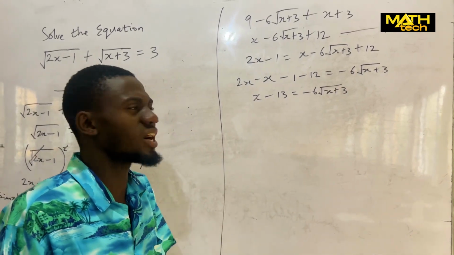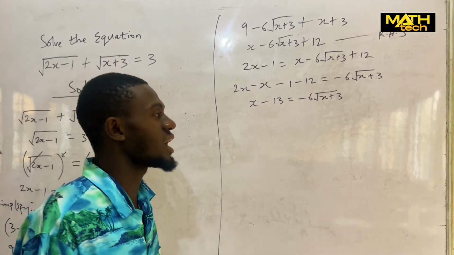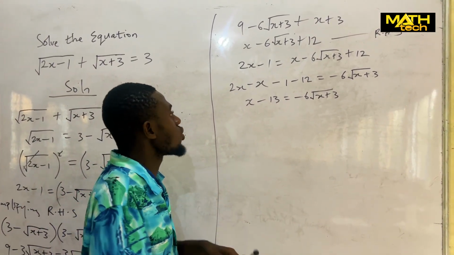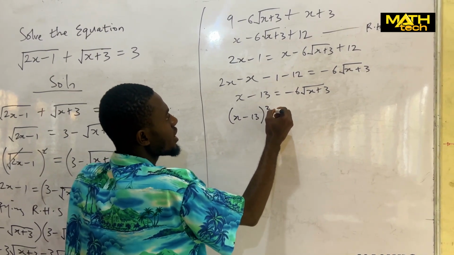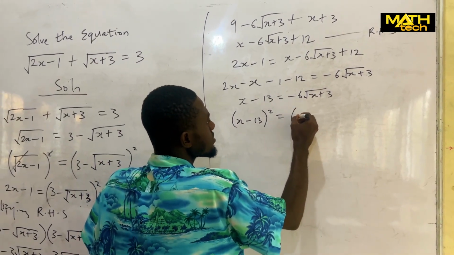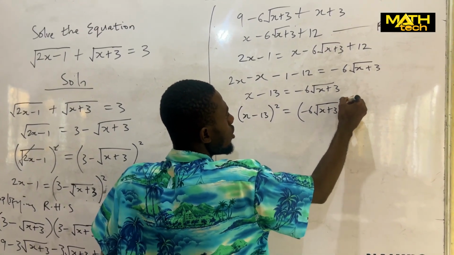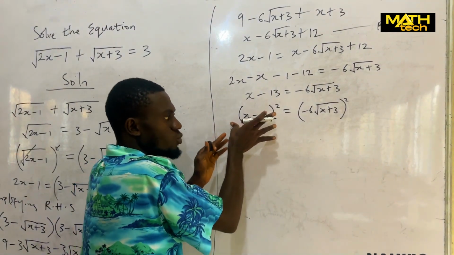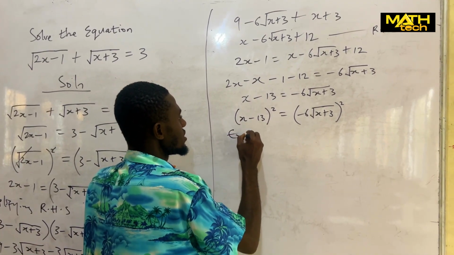So the next thing we do is that we square both sides, though it looks a bit difficult and it will make the equation a bit broad. But we go like this: x minus 13 all squared equal to bracket minus 6 square root of x plus 3 all squared. We have to expand the left hand side. So expanding the left hand side,